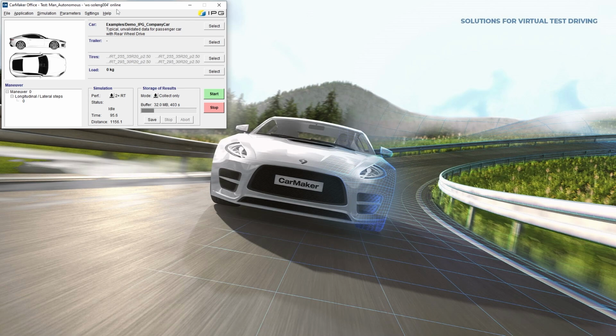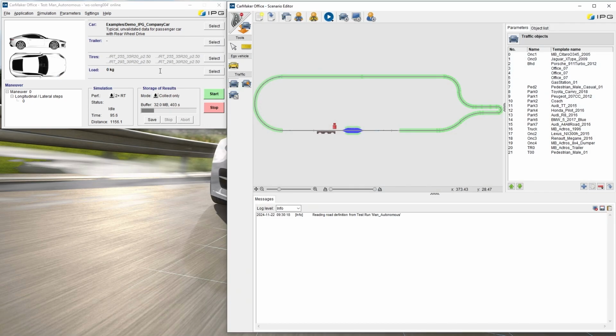First, I will open the prepare test run. I can also choose another car here as the ego vehicle. Next, we open the traffic menu via parameters, traffic. Now the traffic context is opened in a dynamic mode of the scenario menu.